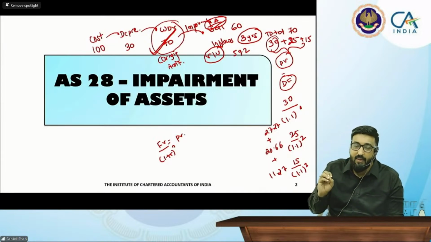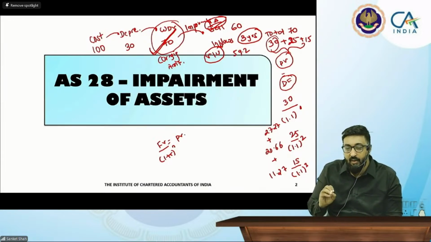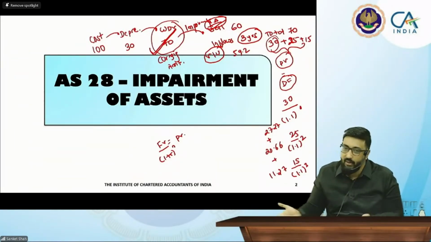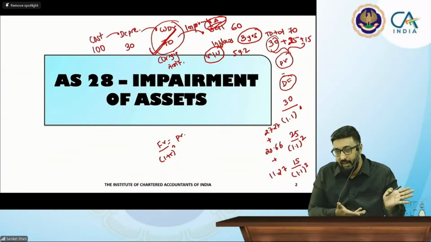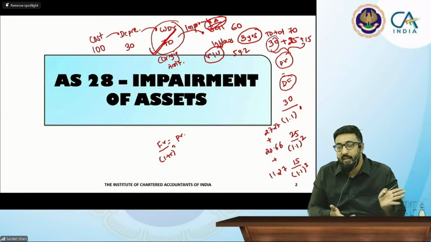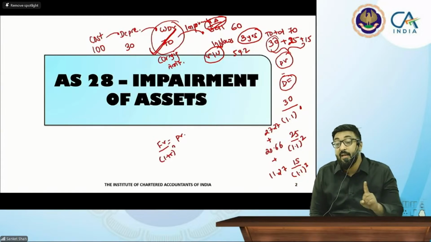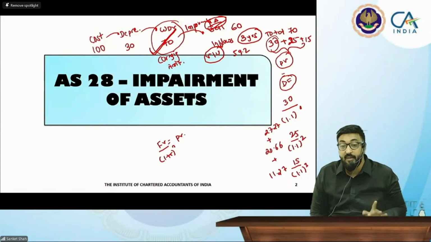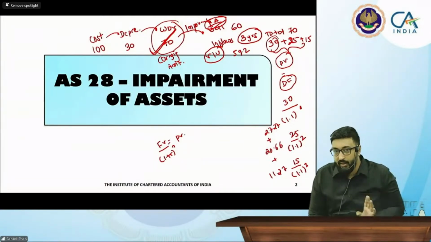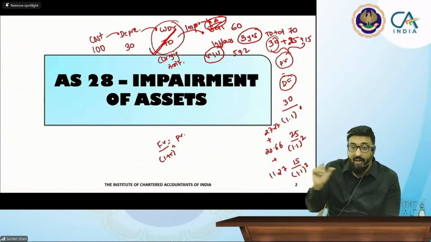देखो भैया, एक बार हिंदी में समझ लीजिए क्या बोल रहा हूं मैं। 100 रुपीज की एसेट है, 30 रुपए उसका डेप्रिसिएशन हुआ है। वो डेप्रिसिएशन तो प्रोवाइड करना ही पड़ता है, वो अकाउंटिंग स्टैंडर्ड 10 ने बताया। डेप्रिसिएशन प्रोवाइड करना कौन बताता है? अकाउंटिंग स्टैंडर्ड 10। ये ऑलरेडी हमने कवर किया। एसएलएम मेथड था, डब्ल्यूडीवी मेथड था, प्रोडक्शन यूनिट्स मेथड था। पर भाई साहब, आपके रेवेन्यू जनरेटेड से मत करना। डेप्रिसिएशन कभी भी रेवेन्यू जनरेटेड से नहीं होता है, यूजिंग ऑफ द एसेट से होता है। ये मैंने ऑलरेडी कवर किया था।